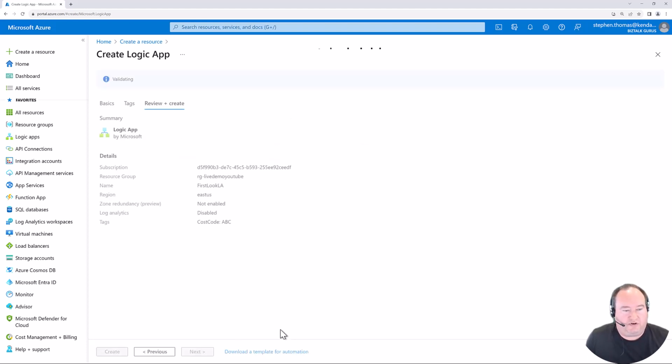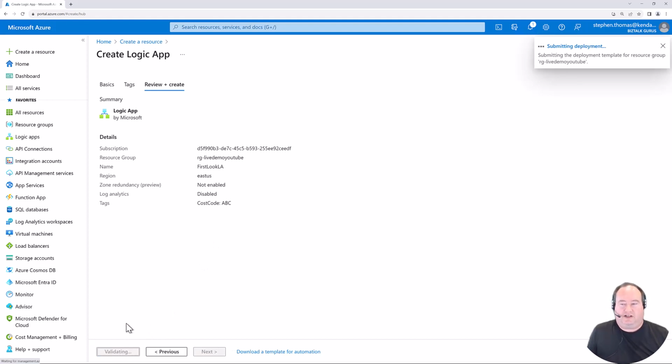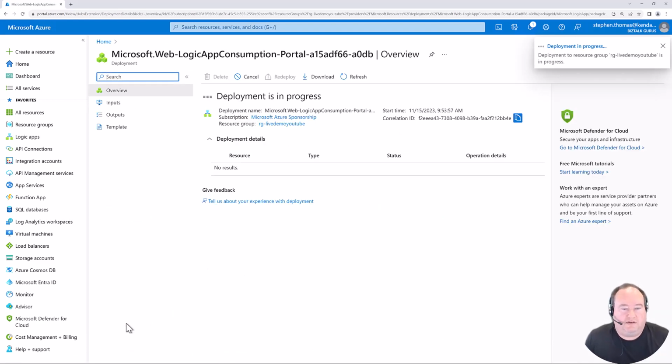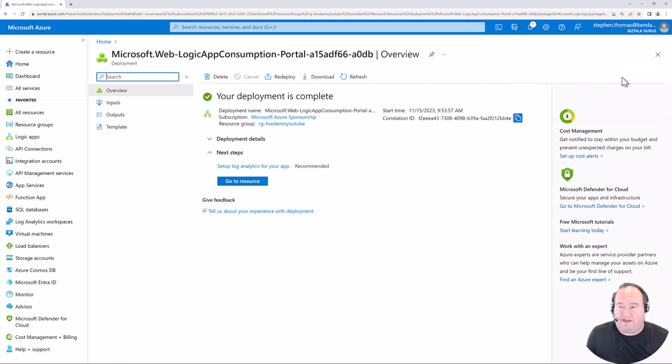And we'll go to review and create. Here it's just going to confirm that everything is correct. And then you have to click create, and it's going to create that Logic app. And it's going to take just a moment to deploy this Logic app that I've created. Some Azure components take longer than others. Here I can go to this resource, or up here on the right, I have the ability, if you saw that